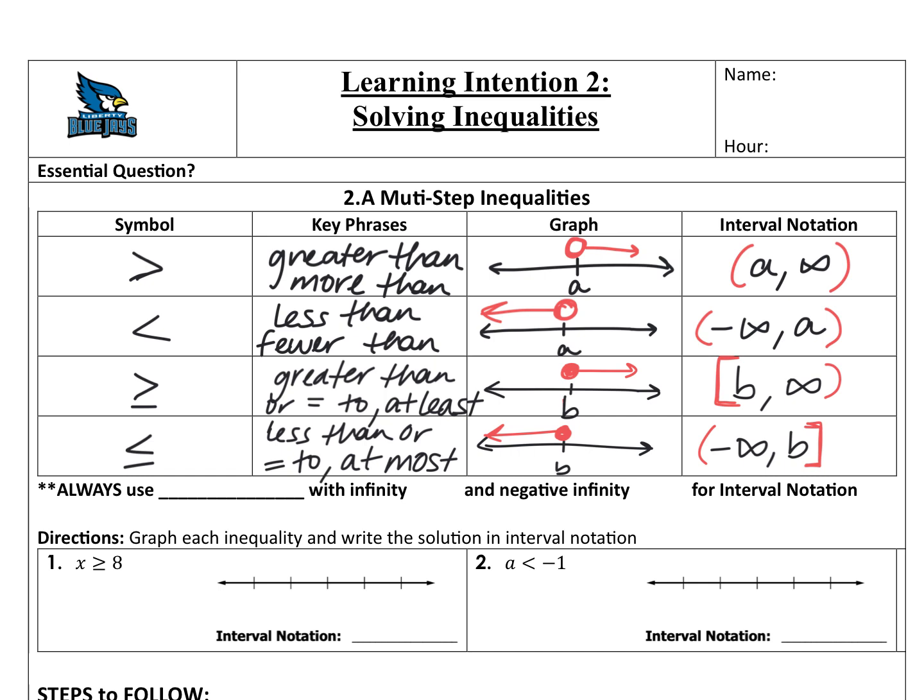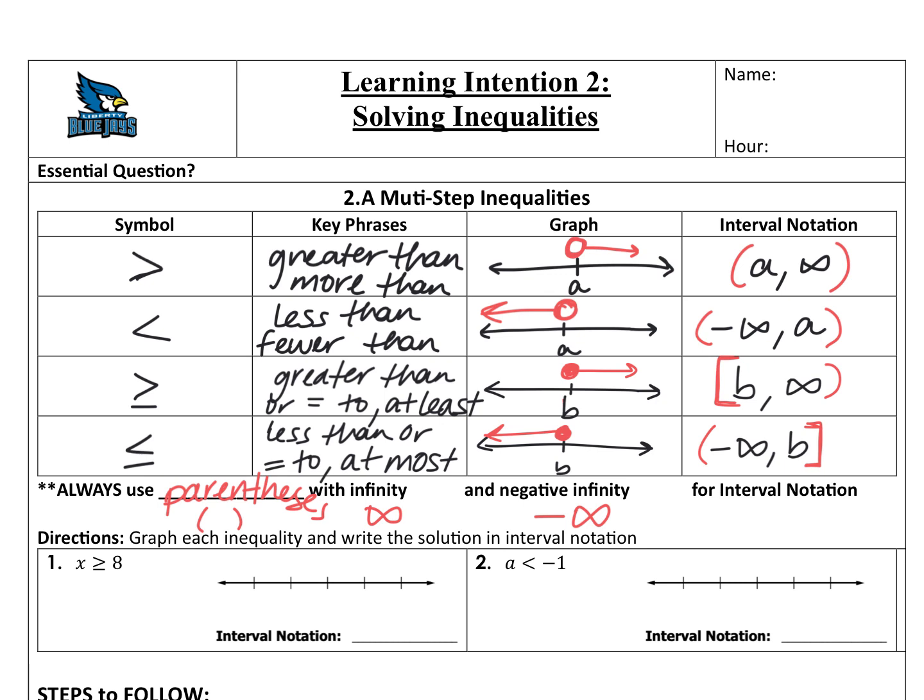Little reminder that you always use parentheses whenever you have an infinity sign. And I am going to run out of room. Parentheses with infinity, both with positive infinity and negative infinity. For interval notation, please, okay? Parentheses is